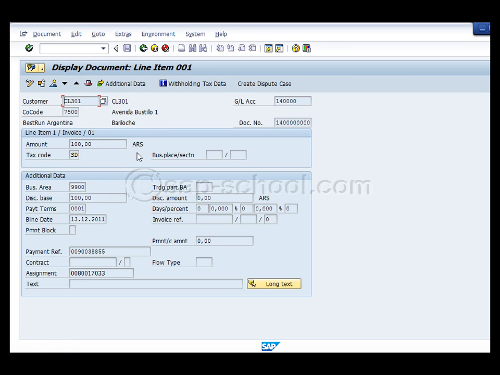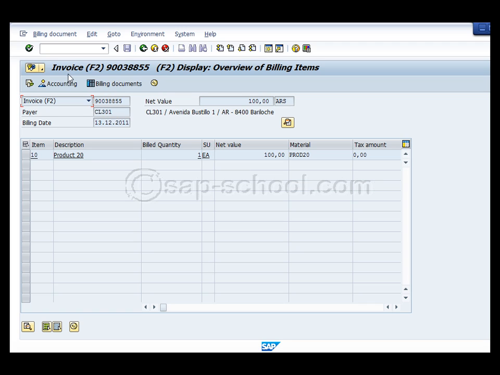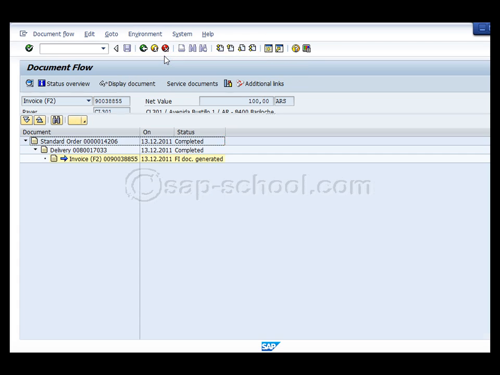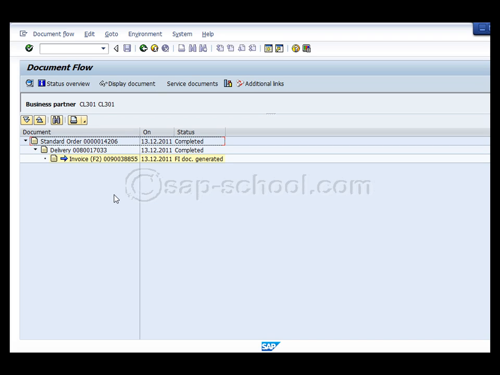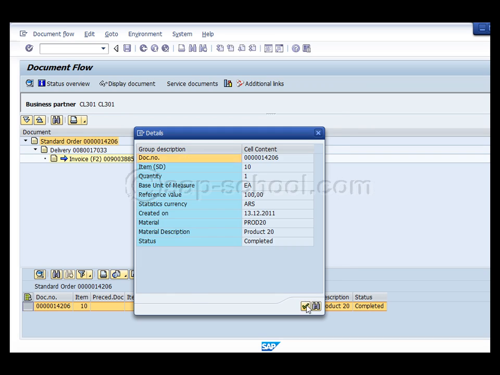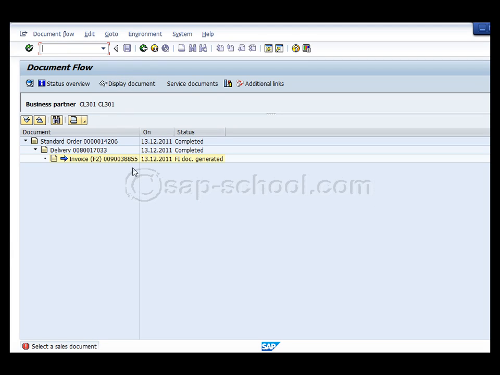Now if I select one of these and double click, this is the financial accounting document that has been generated. I can go to environment and go to the original document, which I expect to be an invoice, and this is my invoice. And again I go to environment, display document flow. So what this shows me is that for this customer there was this standard order. I can double click that and display the details of this order. I have only one order here, so I simply select that, display document,